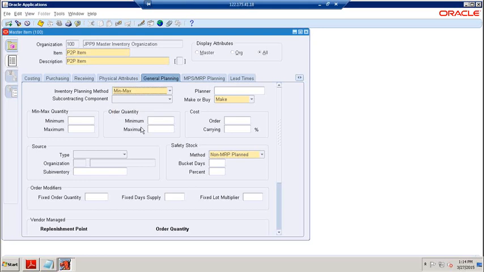Min max planning method means we have some minimum quantity and maximum quantity. Suppose the minimum quantity is 100 and the maximum quantity is 1000. Whenever the item quantity falls below 100, automatically the item becomes applicable for the planning report.